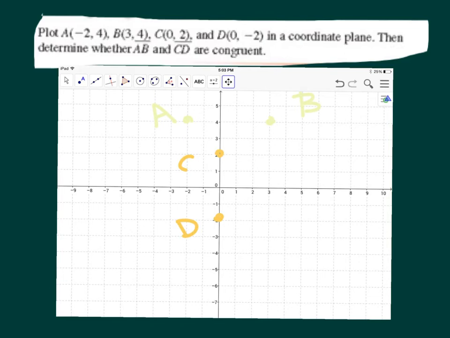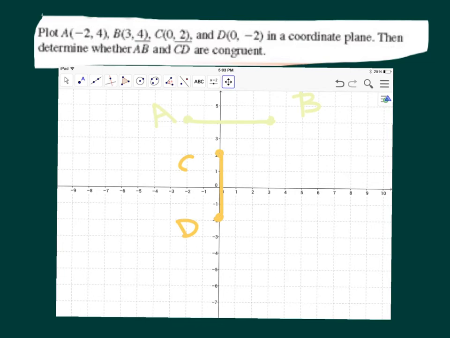So that's D. Now you want to go ahead and go back and connect them. So I want to go from here to here. So that's your segment AB, and then you have your segment CD. Now it says determine whether they are congruent. So what you want to do is you can do it either way. You can count it, or you could go ahead and use the